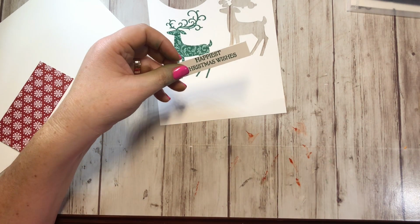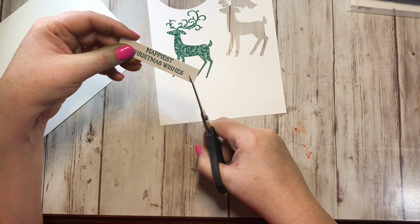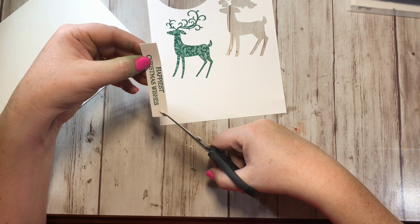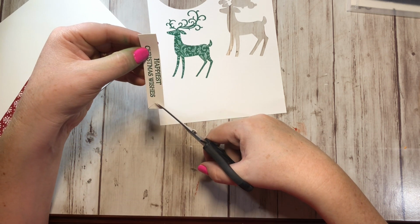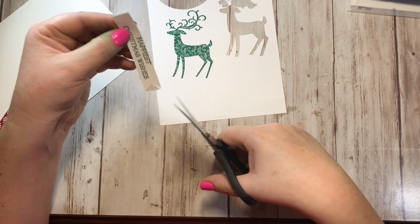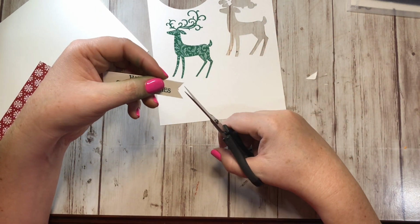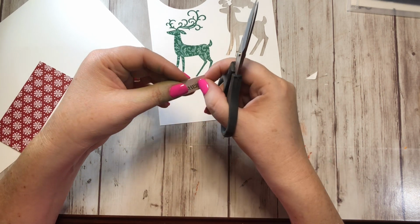I'm actually going to grab my paper snips, and I want to make this a banner, so I'm just going to eyeball it. I'm going to go up one that way and up one this way, and it probably won't be perfect, but I'm okay with it. If you want it completely perfect, I'm sure there's a better way to do it. The triple banner punch is good for making this kind of a thing, but this one's a little bit too small to do it. There's one side,